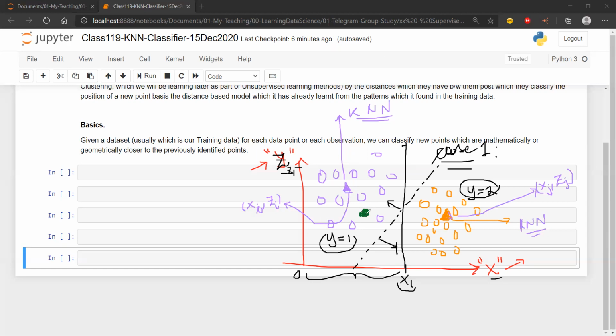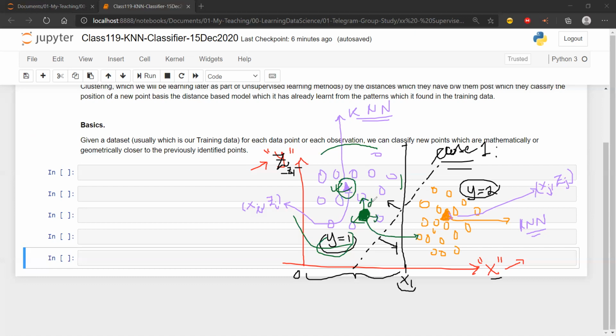The moment you get a new point, it is going to see what is the distance of this new point from this diamond point which it has already identified, or the rest of the points, which are already classified as part of one class. It is going to take the distance of that point. Once it gets the distance, it is going to say, obviously, this point is very, very close to my violet points, but this new green point is not really that close as compared to the others.